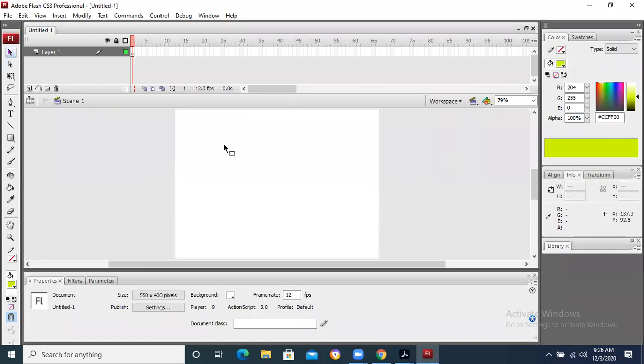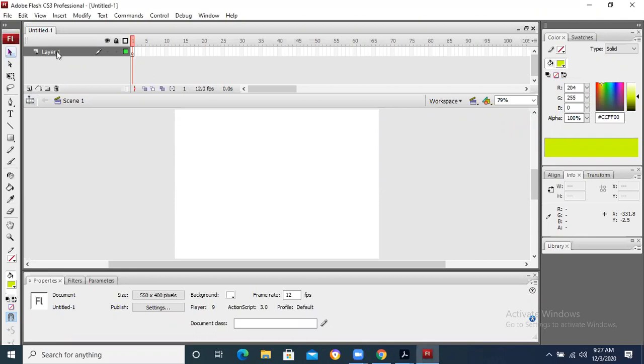For example, in this stage, if I want to create a border for a poster, let's suppose an animated border, and I want to have one animation over here at the top, one animation over here at the bottom. So how can I make animation? Yeah, I will have to take the different objects on different layers.